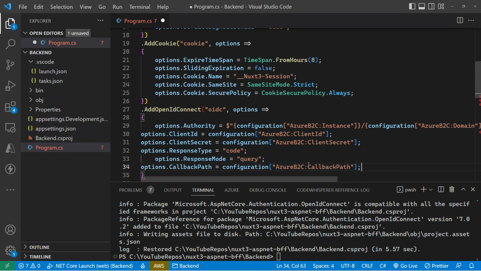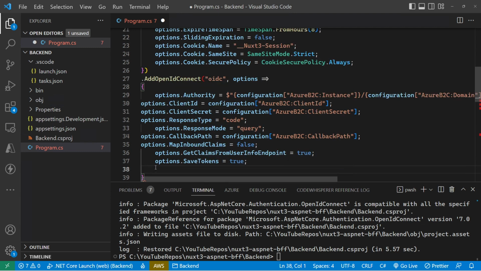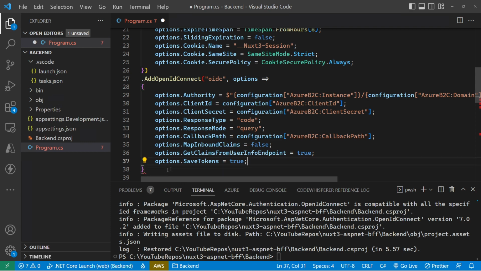Our callback URL that we're going to use, or that we're going to tell B2C to call back on, and then just some options around what that particular OpenID Connect plugin should do with claims and etc., and whether it should save things. So that sets up our OpenID Connect provider, and I'm going to paste in a comment block here